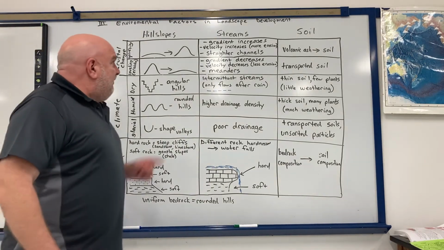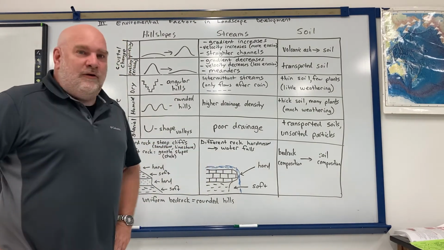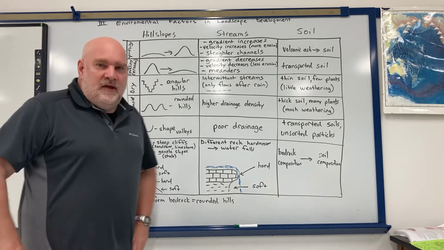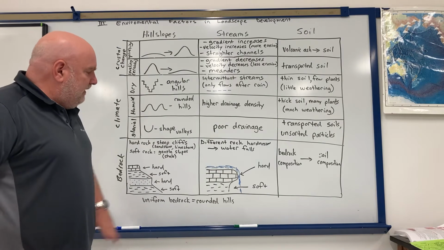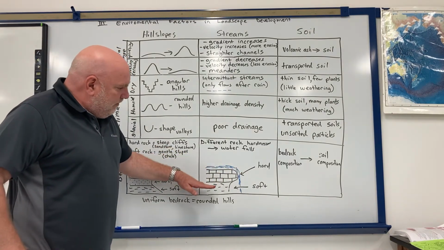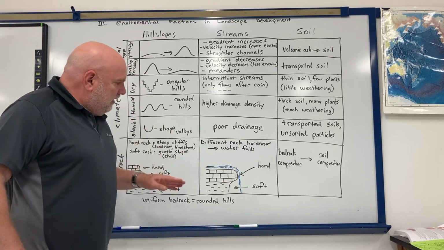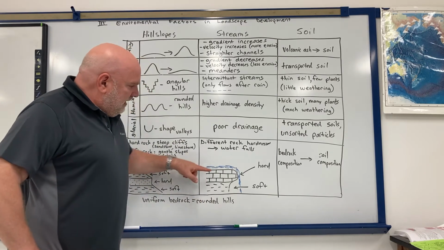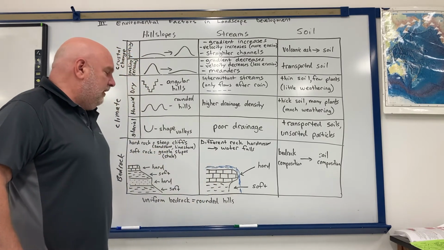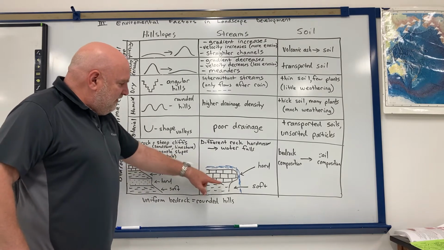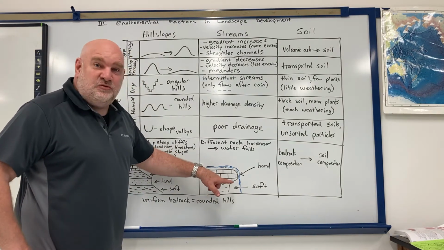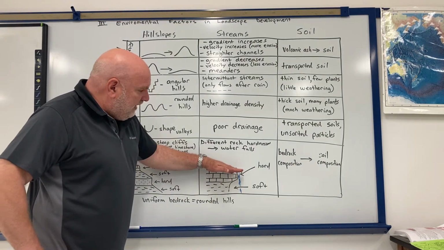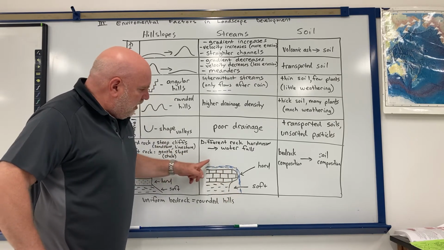All right, bedrock's effect on streams. Well, bedrock is what causes waterfalls. Wherever you have a waterfall, what you're going to have is a harder rock layer sitting above a softer rock layer. So if you have an area where the stream's got a pretty good gradient, where it's going to be changing elevation, and you have a harder layer sitting over a softer layer, the softer layer, since it's less resistant to erosion, is going to get eaten away more, and then it's going to be left with an overhang, and that overhang is what's going to cause the waterfall.